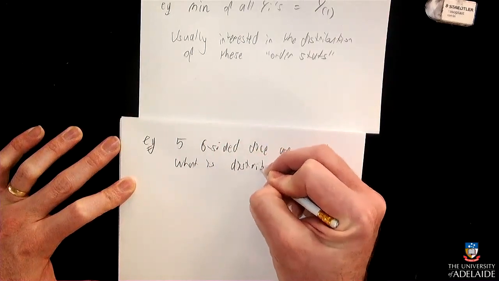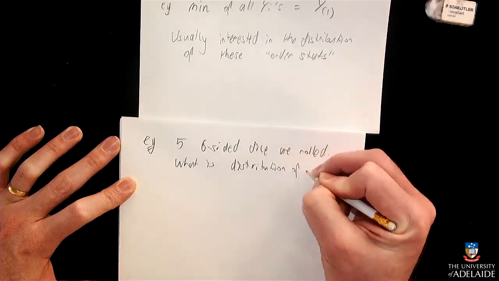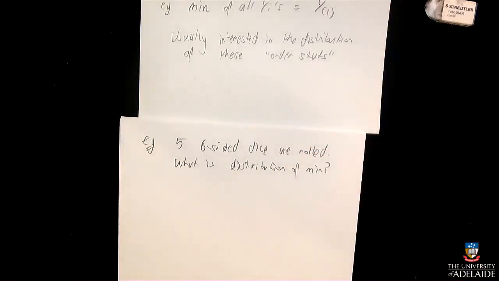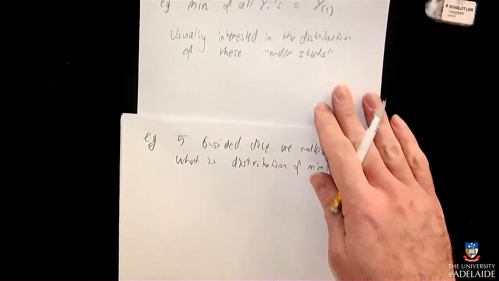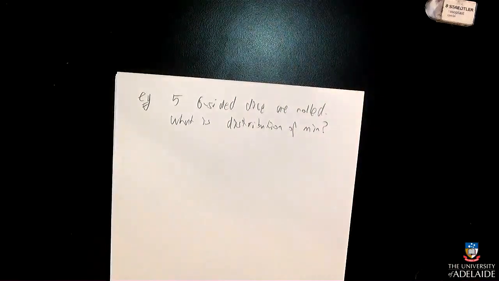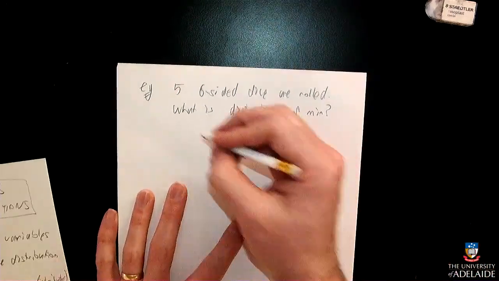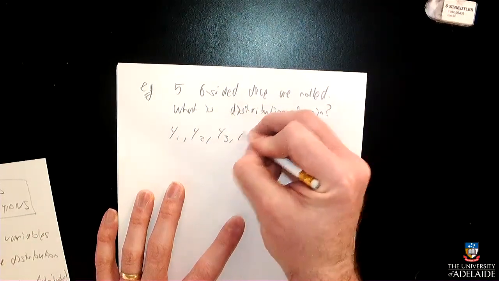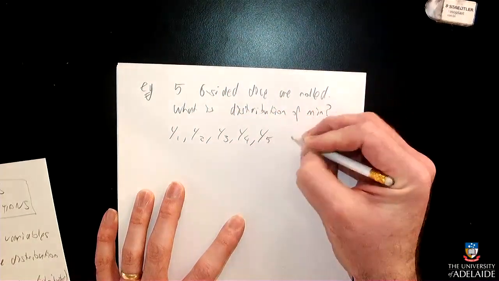Distribution of the minimum. I have no idea what's going to happen here. What we'd actually have to do is figure out the probability of all of these things. So each of those numbers, let's call it, the idea is that y1, y2, y3, y4 and y5 are